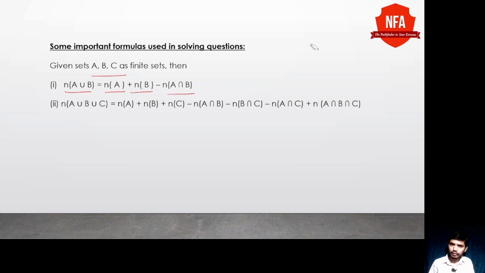Let's say we have two sets A and B. Then the number of elements in this whole region will be one time the number of elements in A, one time the number of elements in B, and removing the elements counted twice once. Some elements will be counted twice due to the overlapping of set A and set B. So removing one layer from that using this way, minus the number of elements in A intersection B.